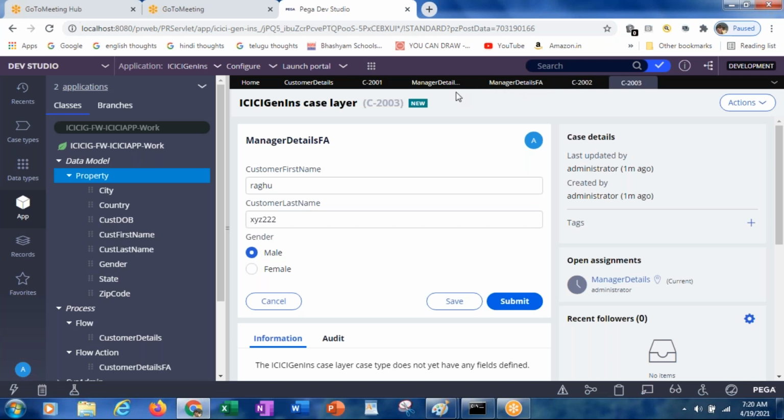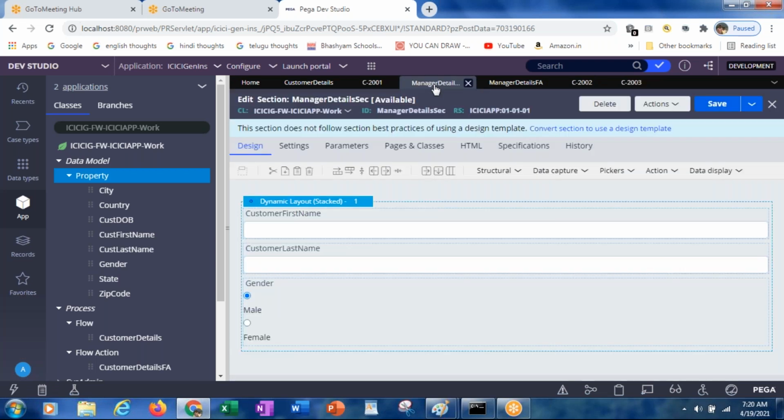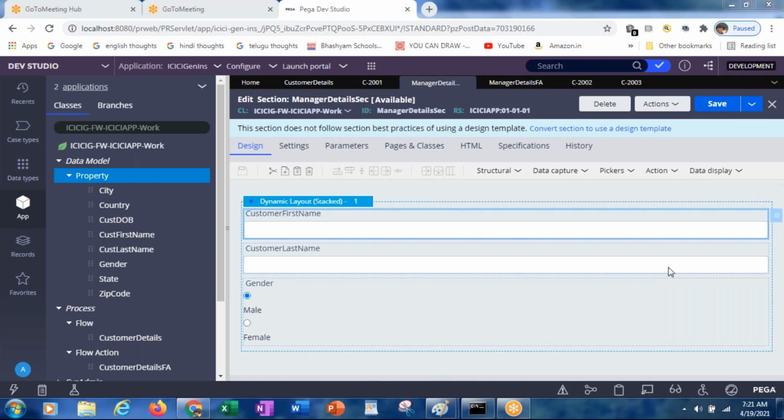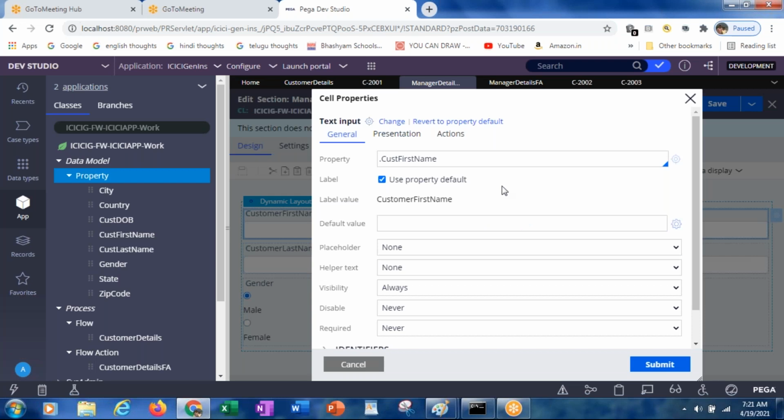Now go to the manager details section. In this, instead of the customer first name, customer last name, and gender, what should we do? Go to the view properties of that particular cell.